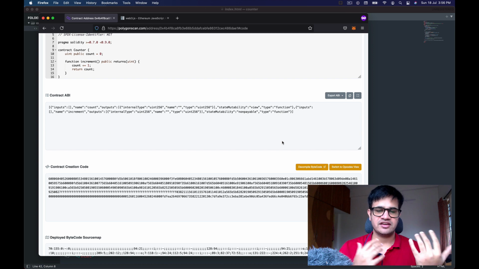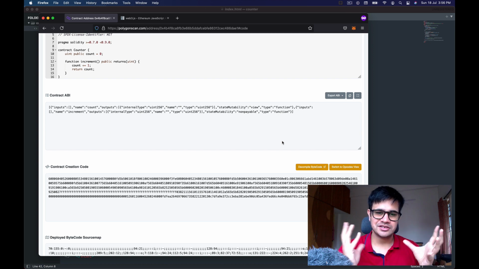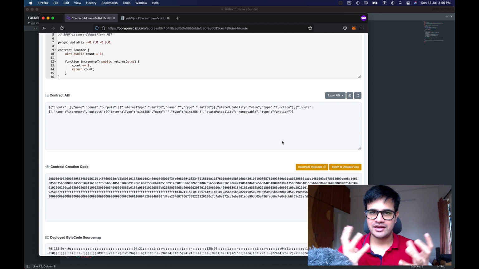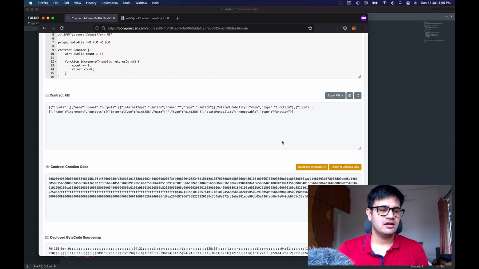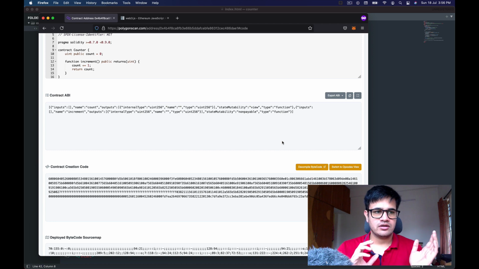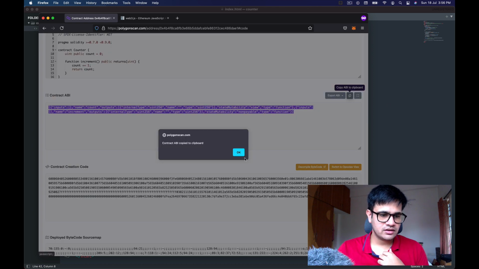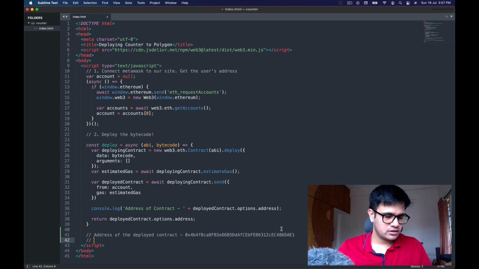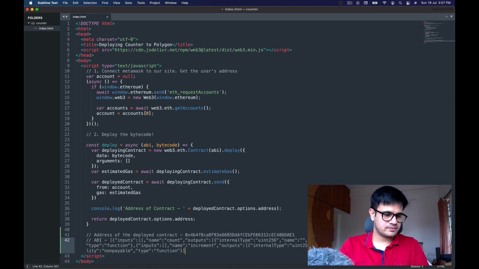It gives us a readable JSON object, not even a file, which tells us the names of the different methods present in the bytecode that we have deployed on the blockchain, or actually anywhere, but this is specifically in the case of blockchain. So I'll copy the ABI from here, and I'll just write it like this, right?